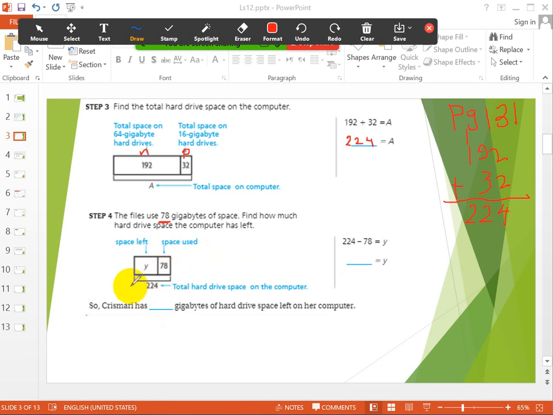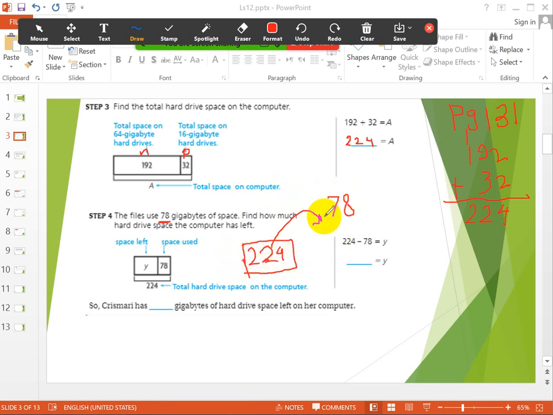When I said I want to take, look, you have here the drives, or this is your computer. In your computer you have 224 gigabytes, and you will take from this space to save my files. What do I want to take to save my files? Only 78. What is the meaning of take here? I have to subtract, right? So that means I have to subtract